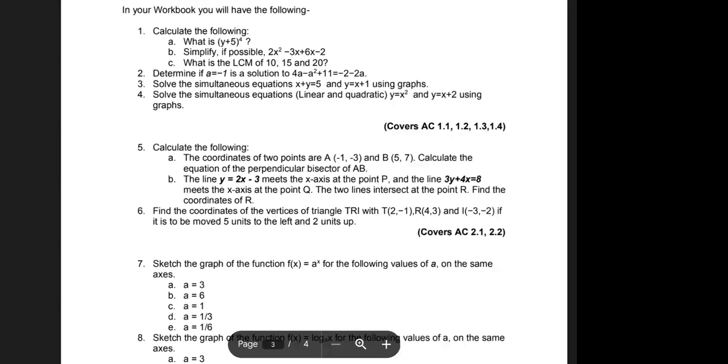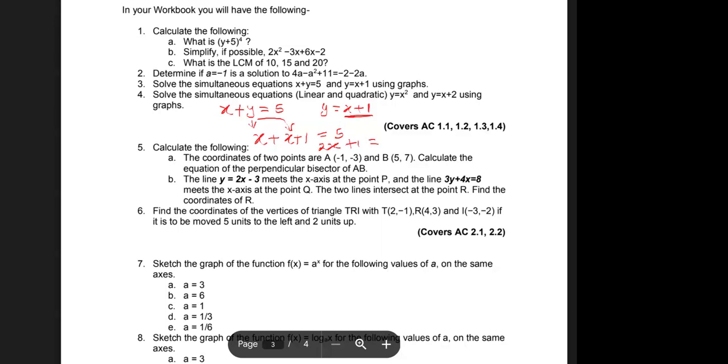So solve this one. Let's solve the substitution equation for this one. Look at this one now: x plus y equals 5, and y equals x plus 1. It means that anywhere you see y, just put x plus 1 there. So I will change this y to x plus 1, because y equals x plus 1. You see I've changed that y to be x plus 1 because it told us here that y equals x plus 1. So everything equals 5. So 2x plus 1 equals